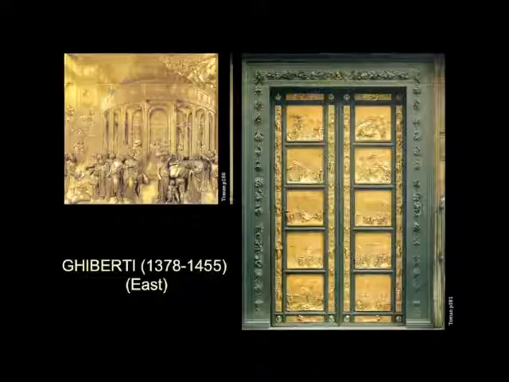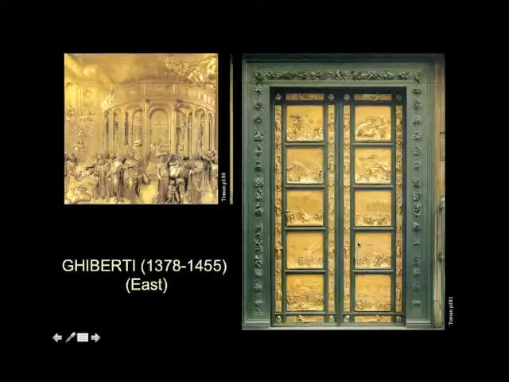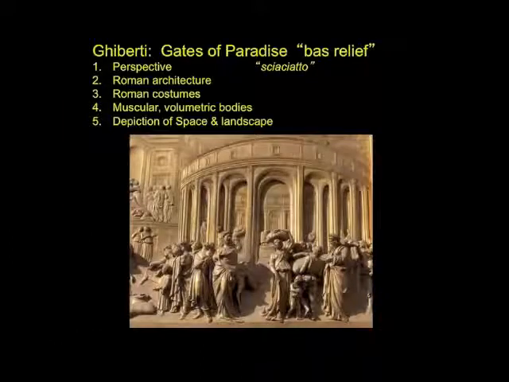And we also observed last time that as the doors progressed, the ambitions to represent space and the ambitions to represent a classical kind of architecture became more and more advanced. So if we look at these panels from the Gates of Paradise, we see a very deep space represented with fully decked out Roman figures and a perspective. And perspective is so suspect as a way to represent things because it has to do with subjective vision. And throughout antiquity, and even through the Middle Ages, the notion that your senses could give you reliable information was really, really suspect. But yet here we have it.